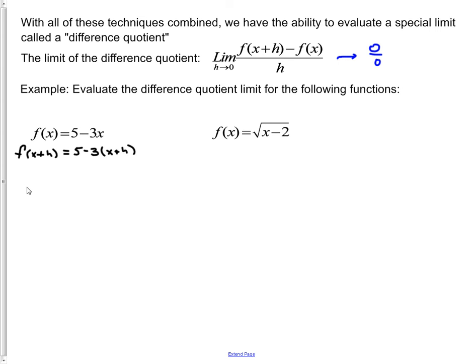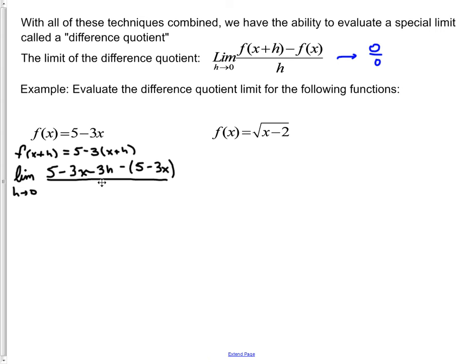So our difference quotient, the one we're taking the limit of this time, is the limit as h approaches 0 of the quantity 5 minus 3 times x minus 3 times h, from right here, minus the original function 5 minus 3x,